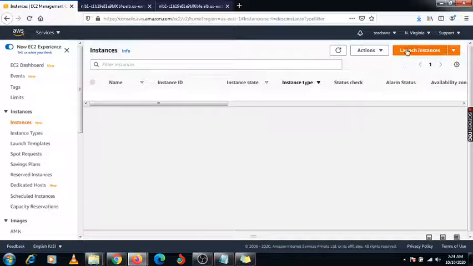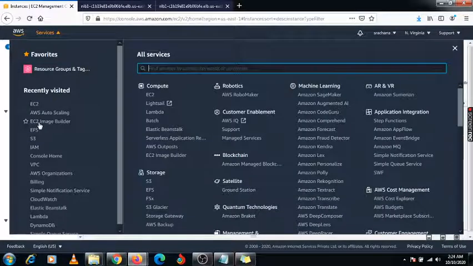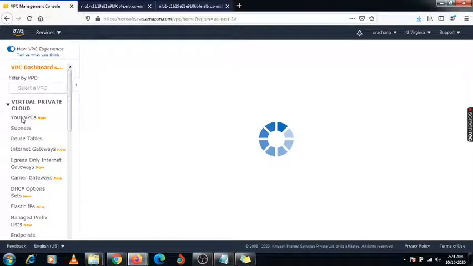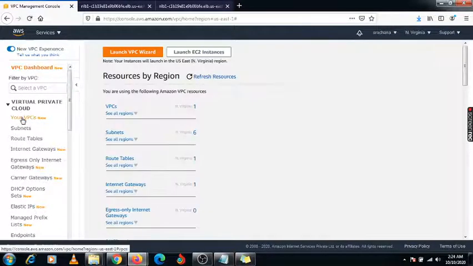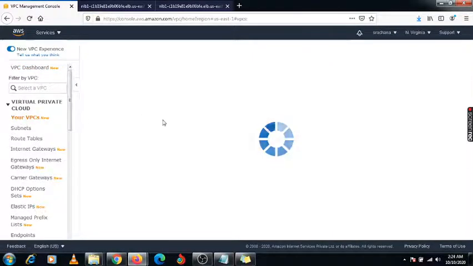So now I am going to create two VPCs. I am selecting VPC under services. Here is the option, Your VPCs. You need to click on it.